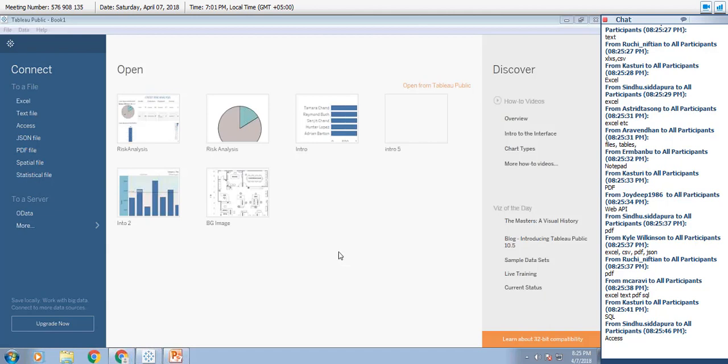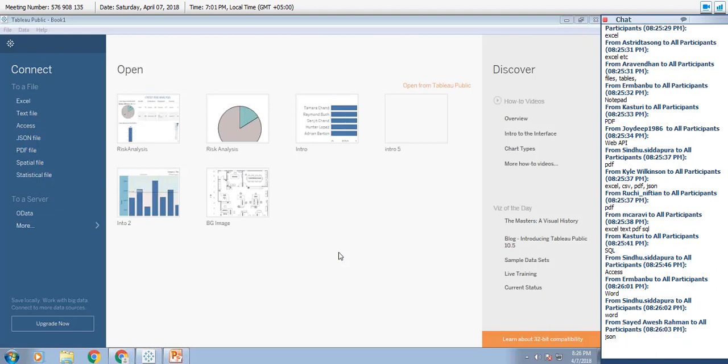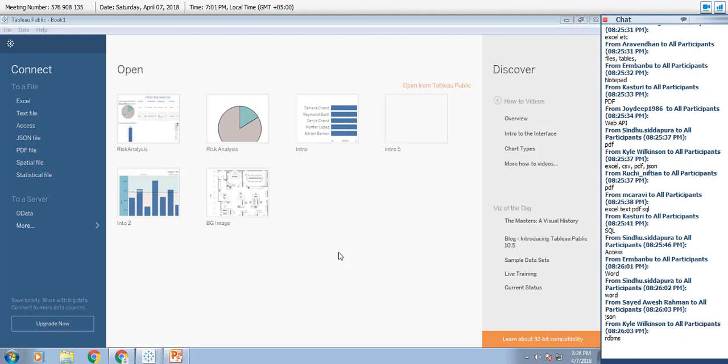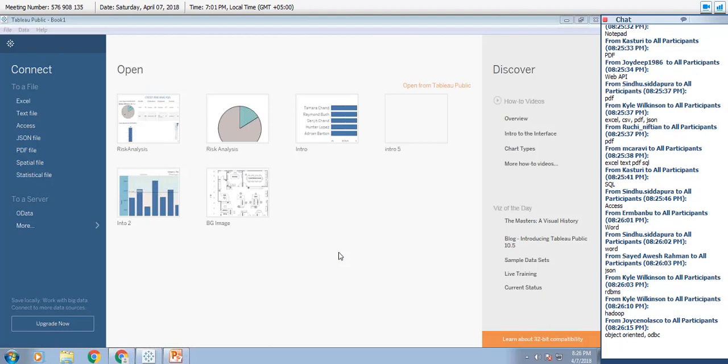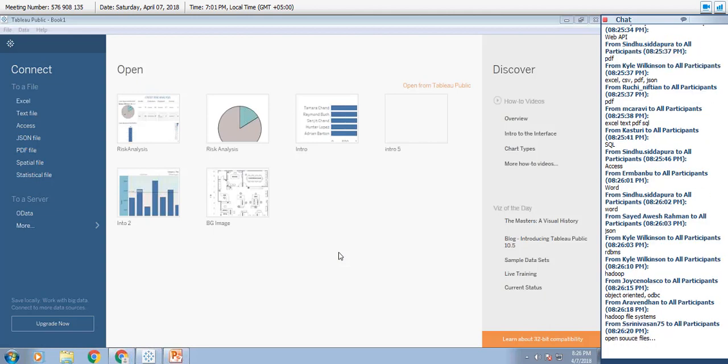Word, okay. You have your JSON, then you have your RDBMS, that is basically your relational database management systems. You have your big data, which for example will be your Hadoop. You have your ODBC connections.